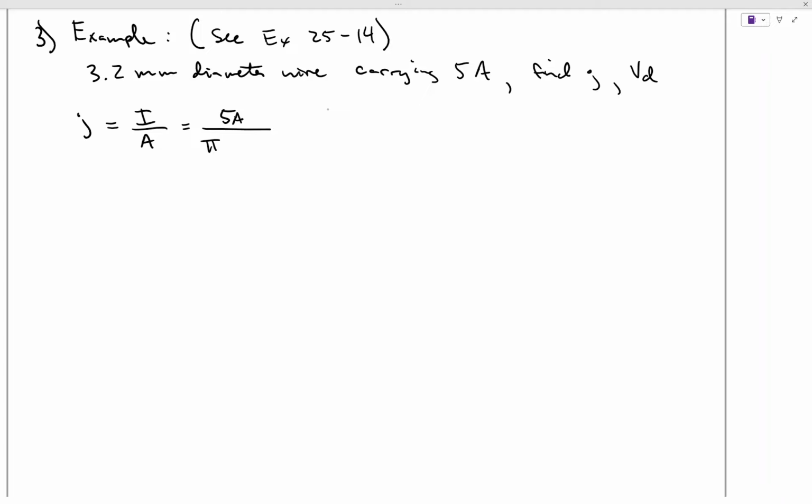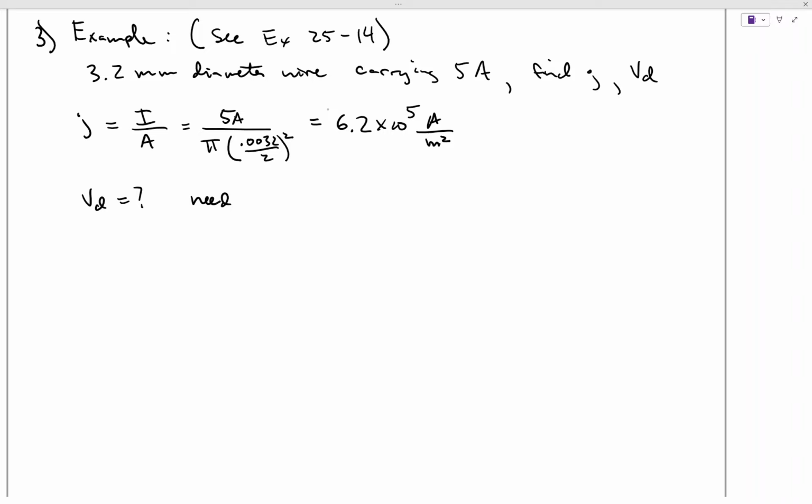So divide by pi r squared, where our r is going to be this 3.2 millimeters over 2. And if we plug those numbers in, we would find that this is 6.2 times 10 to the 5th amps per meter squared. So that's the current density. V_D, what about the drift velocity? So the drift velocity,